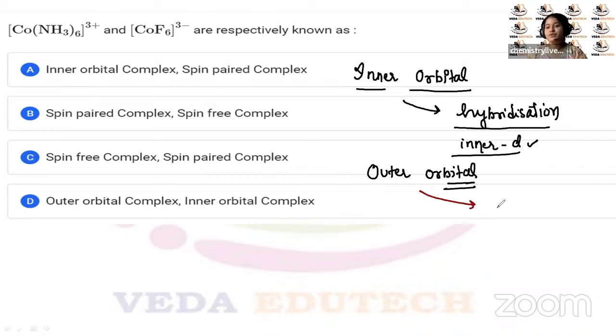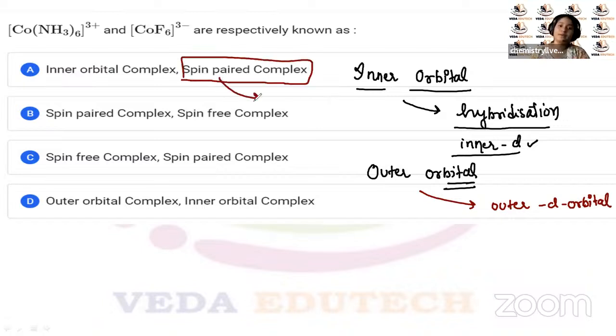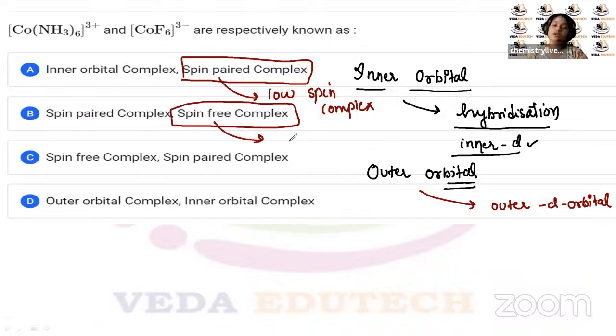आउटर ऑर्बिटल कॉम्प्लेक्स, इसका ये मतलब होता है वी आर गोइंग टू यूज द आउटर d ऑर्बिटल। स्पिन पेयर्ड कॉम्प्लेक्स मतलब यहाँ पे जो सारे के सारे तुम्हारे इलेक्ट्रॉन्स हैं वो पेयर्ड हैं, राइट। तो इसको हम लोग बोलेंगे लो स्पिन कॉम्प्लेक्स। स्पिन फ्री मतलब यहाँ पे अनपेयर्ड इलेक्ट्रॉन्स भी हैं, इसको हम लोग हाई स्पिन कॉम्प्लेक्स बोलेंगे। तो अभी कैसे होता है, इसको हम लोग इसी एग्जाम्पल के थ्रू समझते हैं।